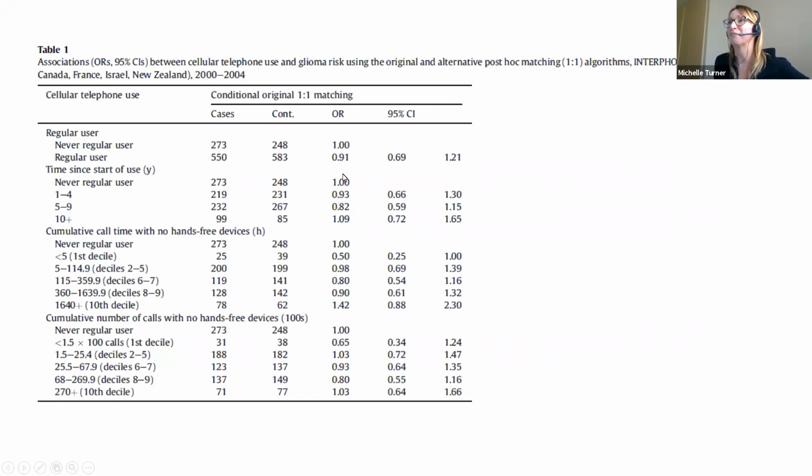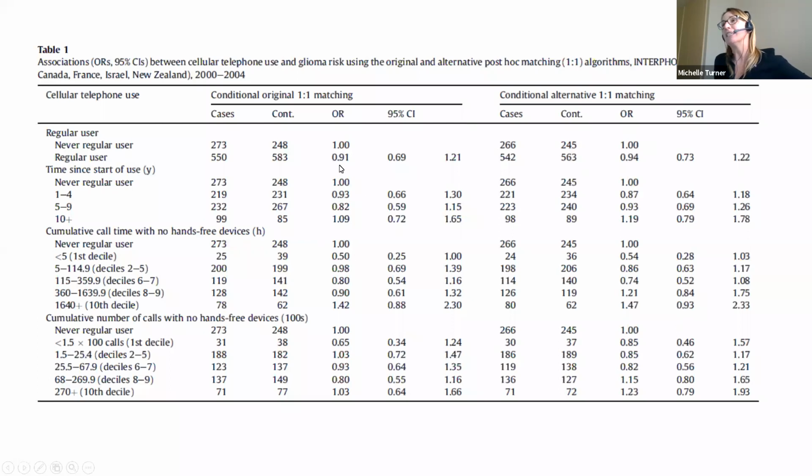Again, here you can see this decreased odds ratio for the main association between ever use of a mobile phone and glioma risk with the original matching. And then when we rematched the studies, you can see it had a very small impact. You can see here that this odds ratio increased a little bit. You can see that the odds ratio in the highest categories of use and sometimes in the second last category of use also increased. So it made a modest impact on findings. Not a lot, but a modest impact. And I think it was worthwhile exploring this question